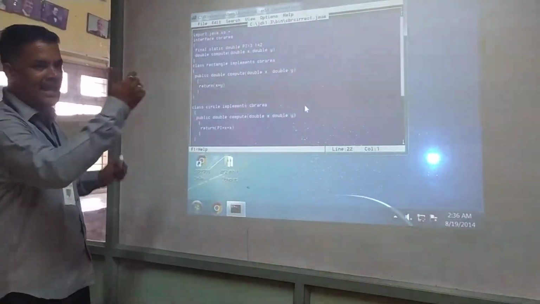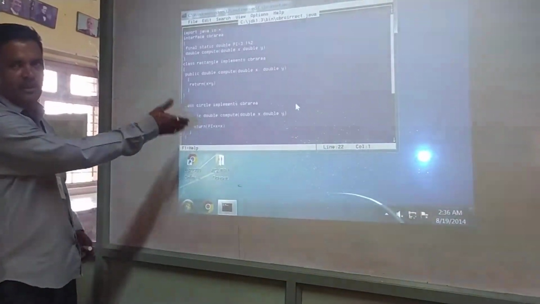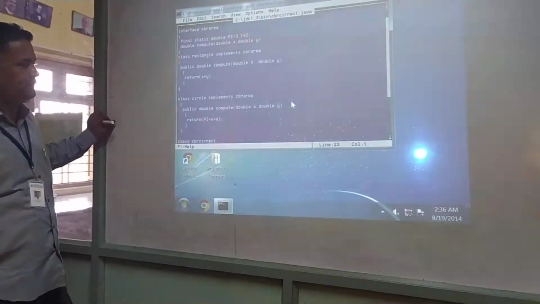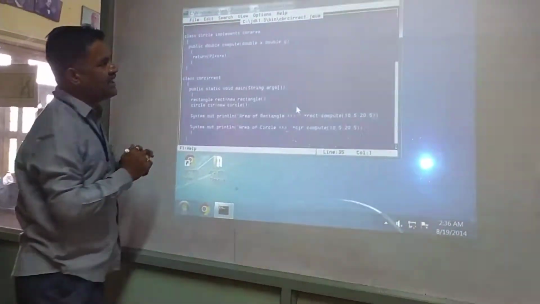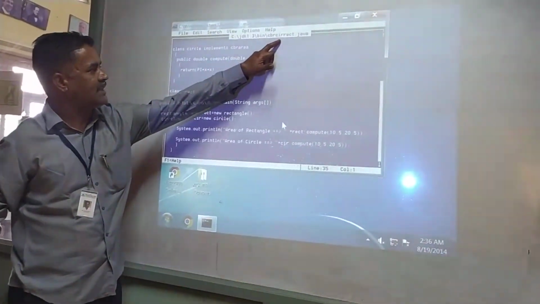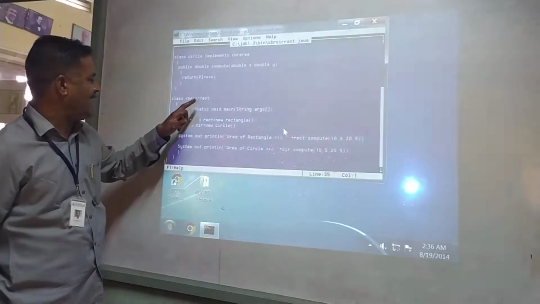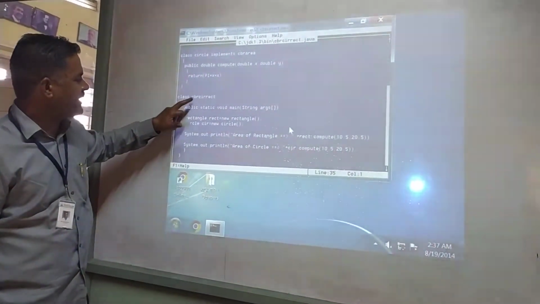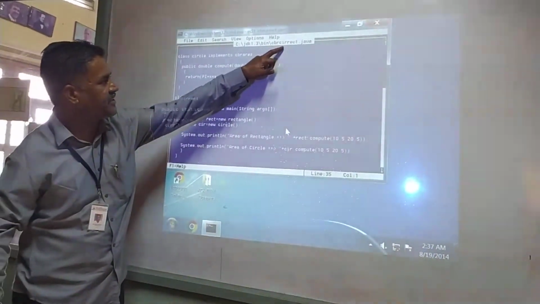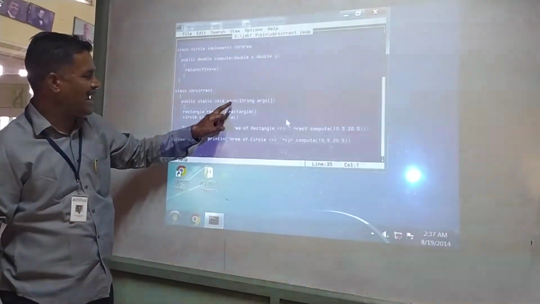Now the main class. Observe here, this file name is one Java file, CBR circle rect. File name and class name must be the same, because this is the main class.